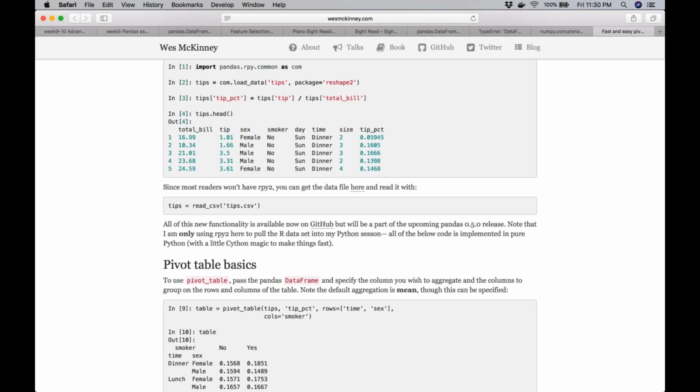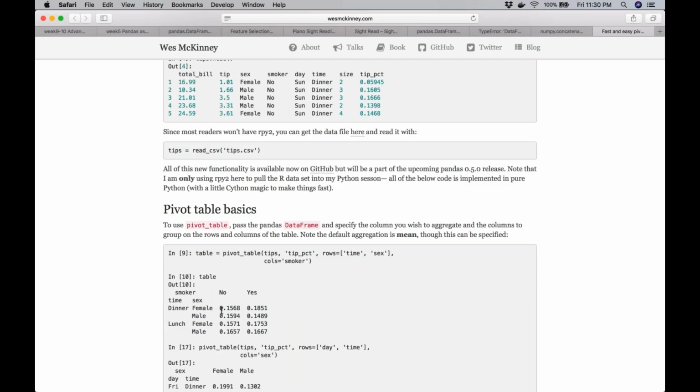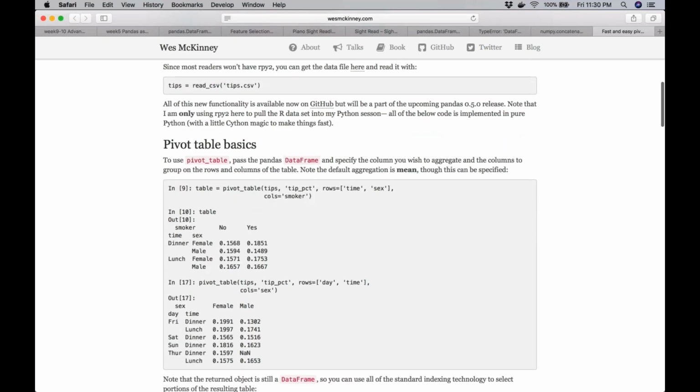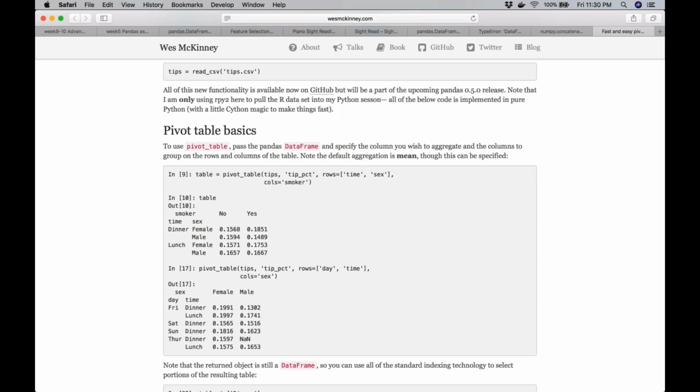So now you can see the data, which was a simple flat structure where it was very difficult to visualize or categorize the data as per the distinct category. Now this data makes more sense: at dinner time, amongst female, these many are not smokers and these many are smokers. Similarly, amongst male, these many are non-smokers and these many are smokers, and so on. Similarly, I could structure it by day and the time.